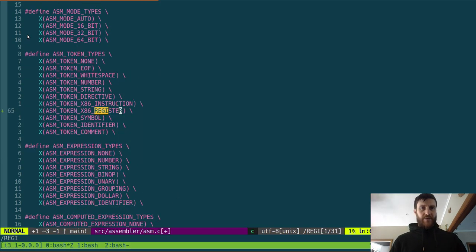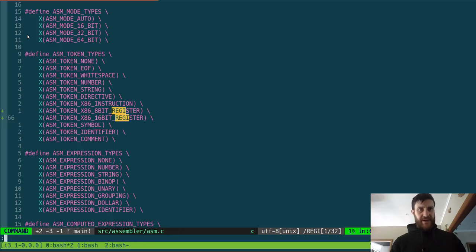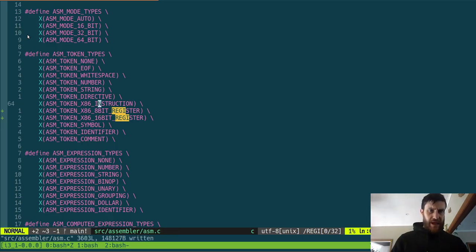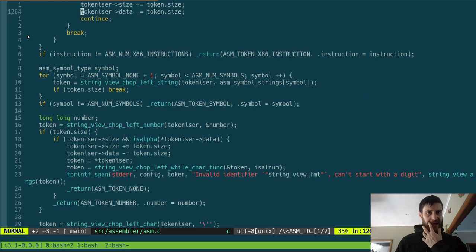We do an 8-bit register, something like that, and then we can define that 8 and then 8 more of that, and then boom, we've got new registers, new tokens. And then when we do the identifier, we actually need to check all the